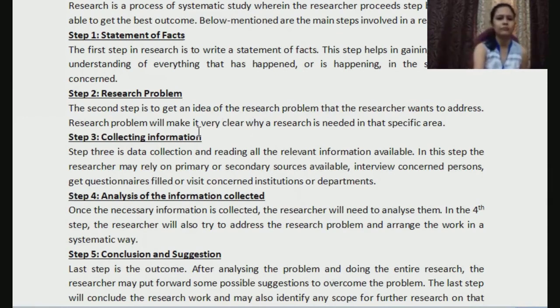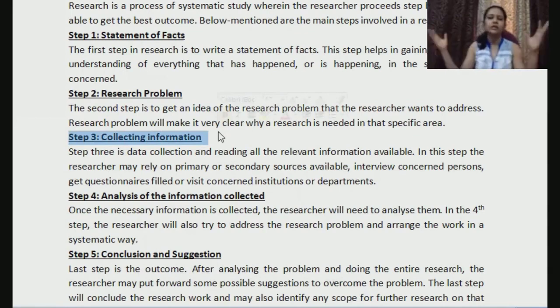That means it is the third step. You collected the information. After that, in that book, there would be a lot of things written. In the PDF that you downloaded, there would be a lot of things written. You cannot simply copy paste everything, right? You need to go through the book. You need to take out those important parts, those important sentences which you are going to insert in your answer. That is what analyzing the information is. Maybe you have collected 5 books, 3 PDFs. You read those books, you refer to those PDFs, and then you would try to frame your answer.